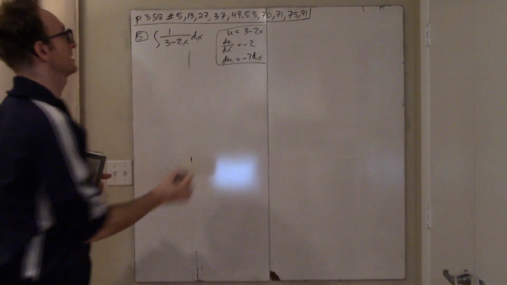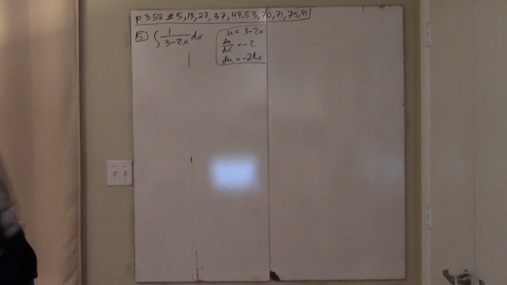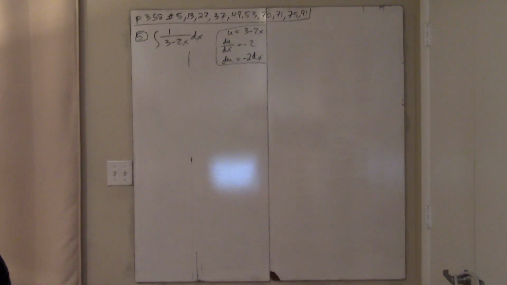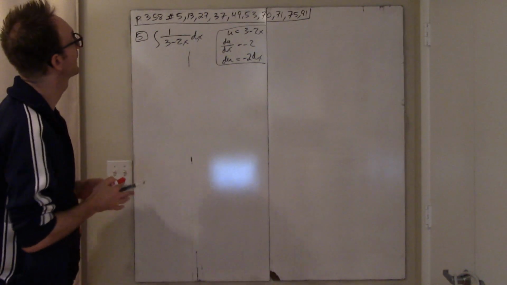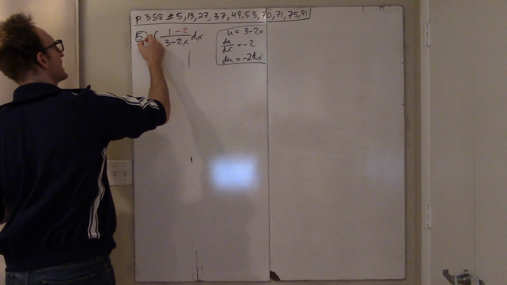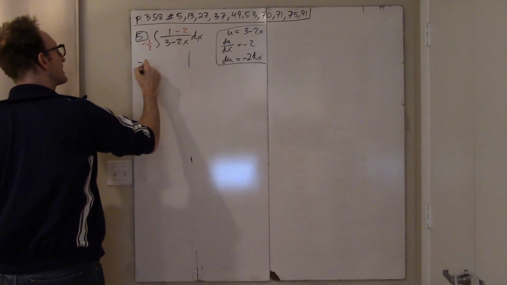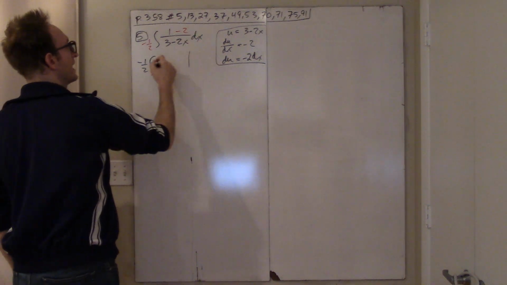And then we do that thing that we have been doing where we need there to be a negative 2, but it's not there. So we stick it in, we undo the damage with a negative 1/2, and this whole thing becomes negative 1/2